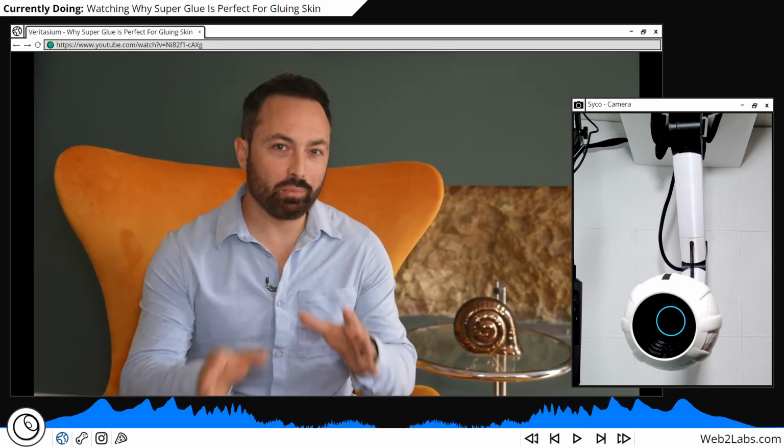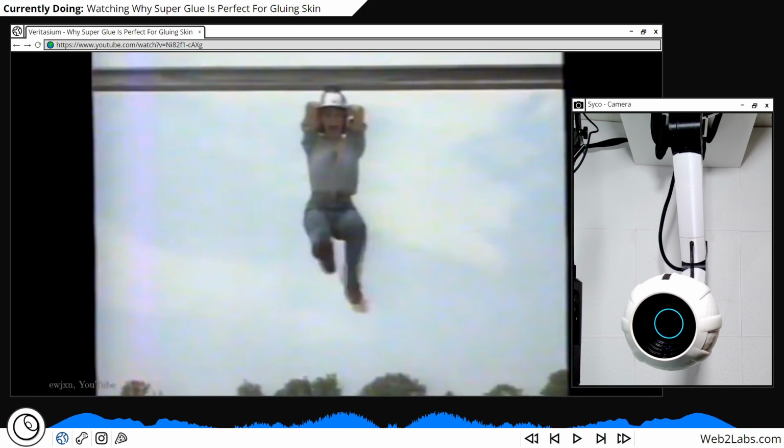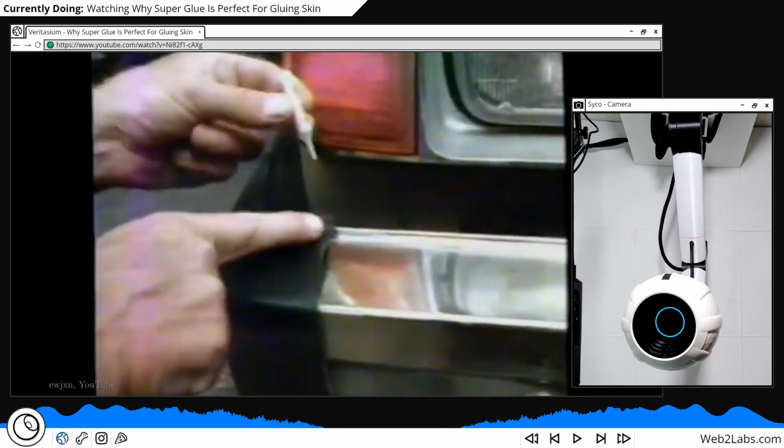So how does it work so quickly with such strength on so many different things? Bonds almost anything. A plastic knob, a plastic plug, a rubber boot, a metal brooch, a fishing rod, a cycle grip, model planes and model trains, a doorknob screw, a flashlight case, the broken trim on any...